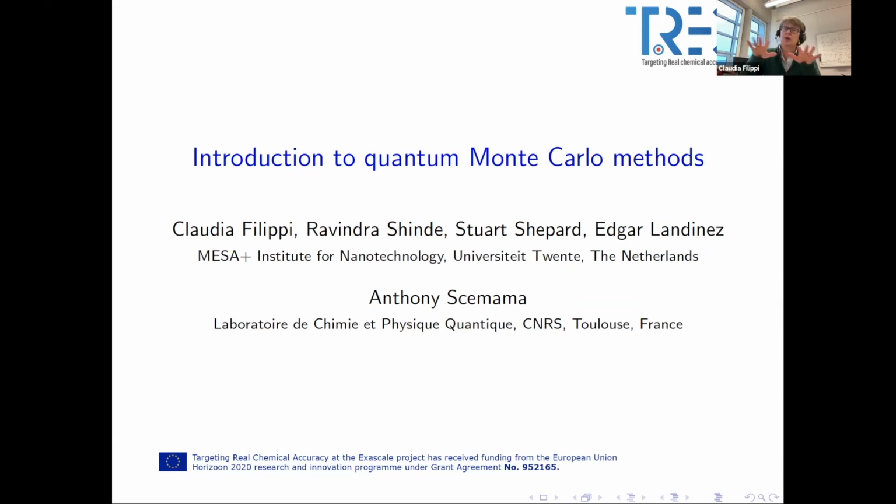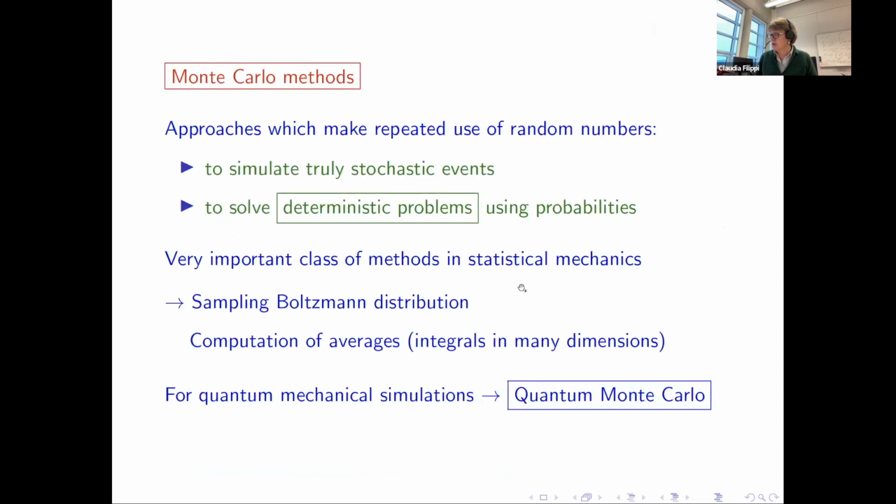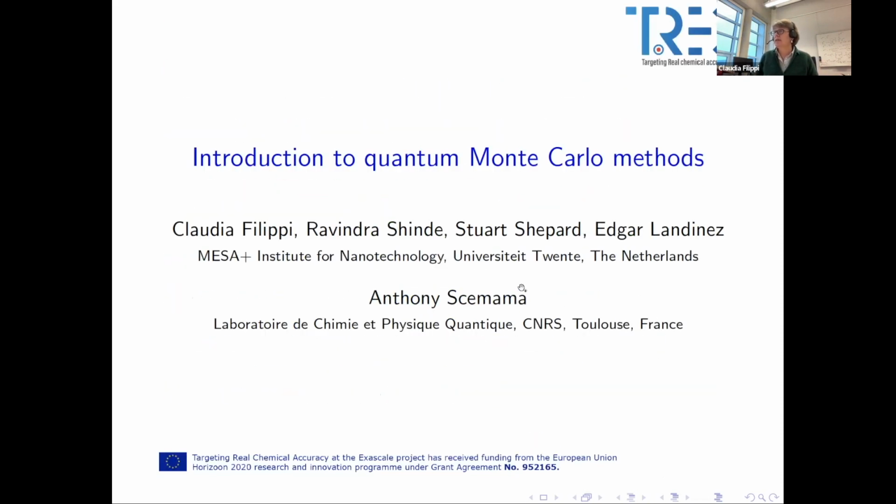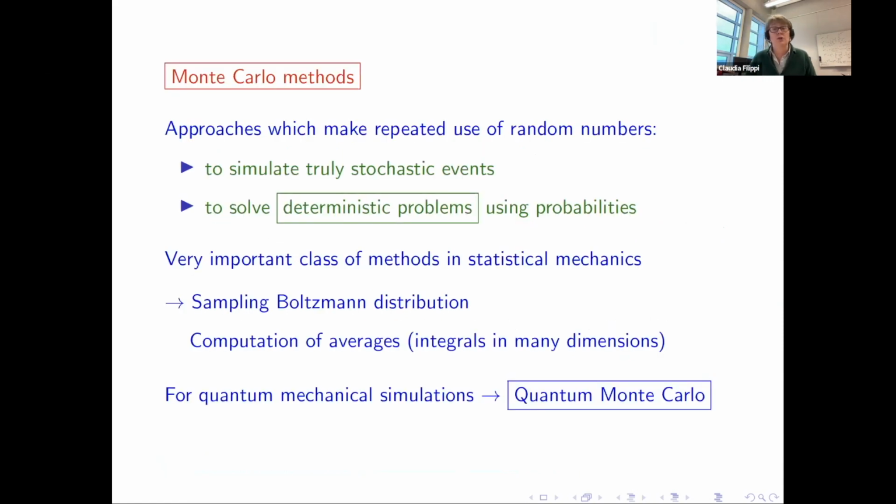Okay, and the two codes are talking to each other, also via some I/O library developed within TREX, and the idea is also to speed up QMC using some libraries which we are developing within TREX, and which will also be adapted to the new architectures. So okay, I see there is already a question in the chat, but I will go for a little while unless it's very urgent. And then maybe I stop at some point to ask if there are very urgent questions.